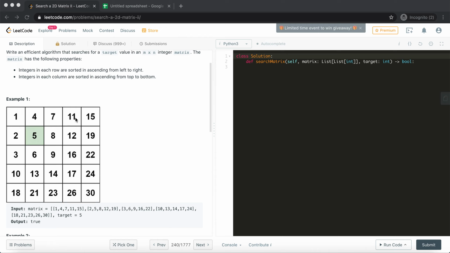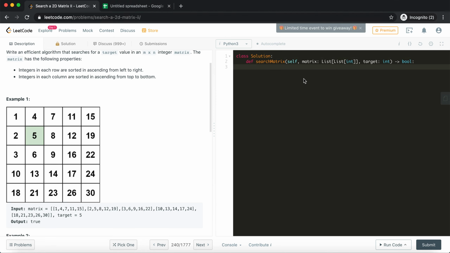Then we can shift the control to 11. We'll perform the same check: 5 is less than 11, so we can skip this entire column and move here, and here also we can skip the entire column and move here. Now at this place 5 is greater than 4, so we'll move downwards this time, and we'll reach here and basically reach our element. Similarly, the same kind of logic we need to apply in order to find any element in this matrix.